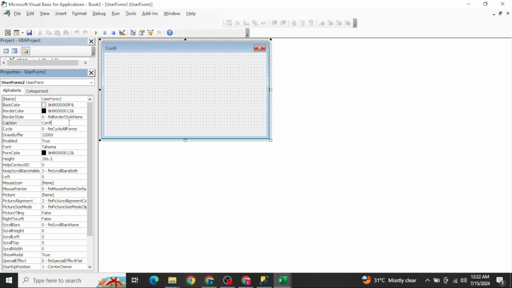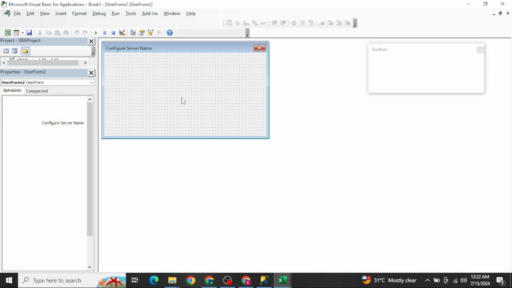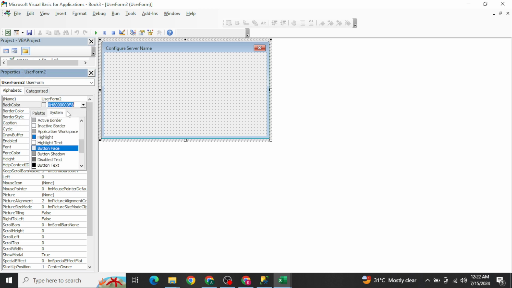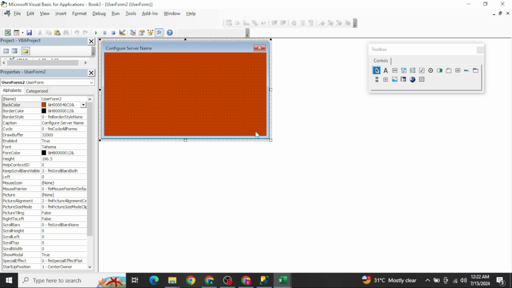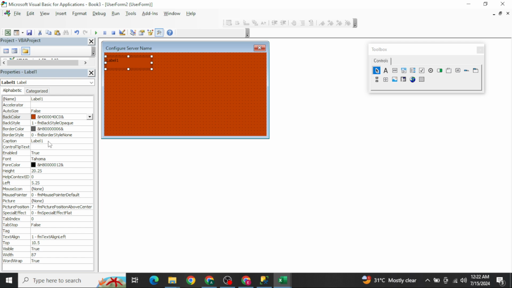configure a server name. Okay, server name, simple. Now I can change the back color to orange, for example. Okay, and I can take one label and draw it like this, right here,